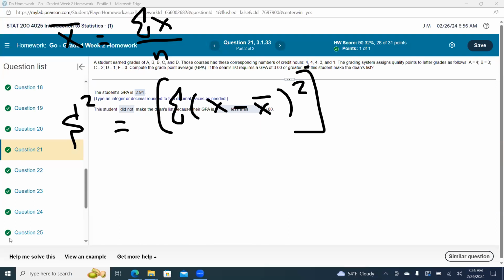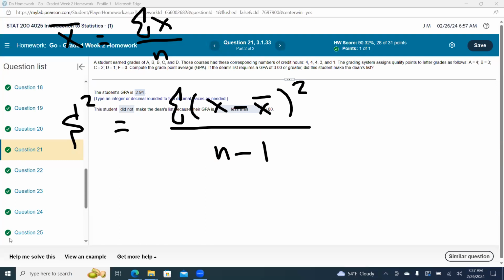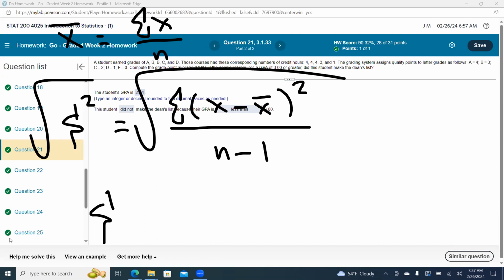Some people look at that, and it does not compute in their head as one number. But that whole thing is one number. So if you take that number and divide by n minus 1, that's the variance. So that is variance, which we don't want. We want standard deviation. What do we do? We take the square root of both sides, and we have s